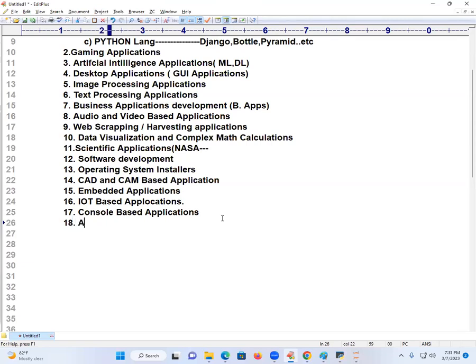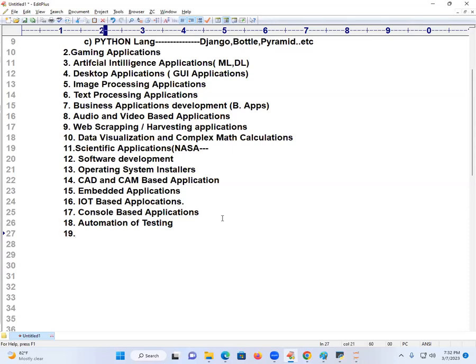Next is the 18th. Now I am writing automation of testing, because people are using Selenium with core Java coding. Nowadays, in my morning batch, all working professionals will be there. They have a deadline: by the end of April, they need to convert the Java related test cases into Python test cases. Automation of testing using Python language. Why? Because writing the code in Java is so complex compared to Python. That's why companies are migrating their employees to Python coding with automation of testing.